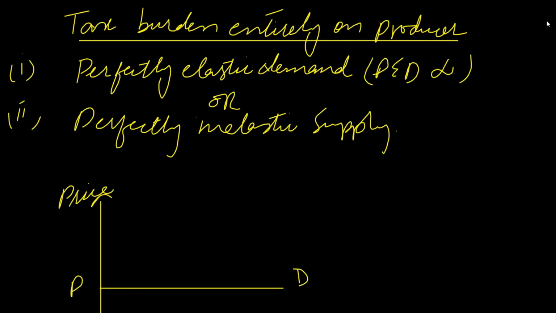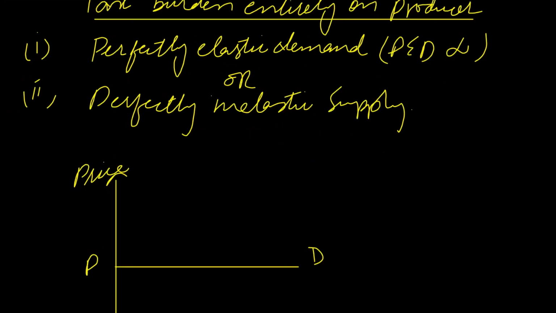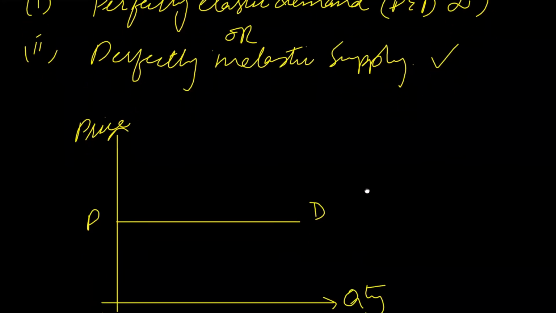Hello, everybody. The topic I'm going to teach you now is finding the tax burden when total tax burden falls on the producer. There are two conditions when total tax burden falls on the producer. Situation number one is perfectly elastic demand, and condition number two is perfectly inelastic supply. When demand is perfectly elastic, how total tax burden will fall on the producer, we can have a look